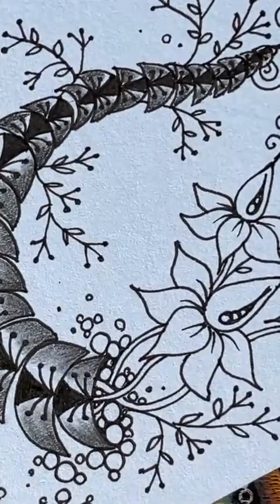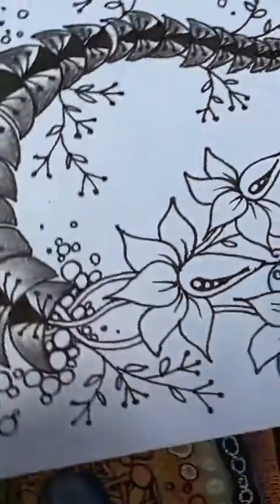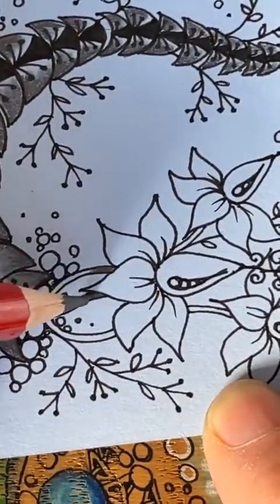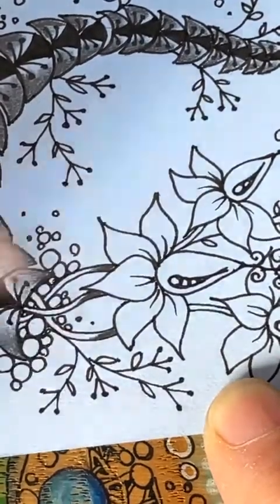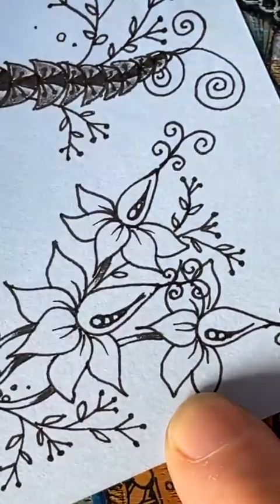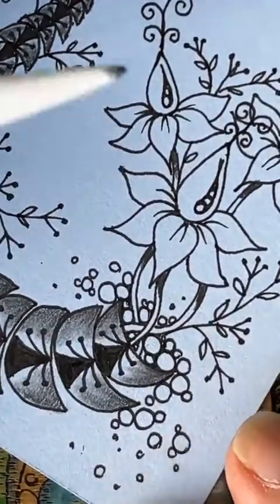And rulers. Okay, it's going to bring a bit of pencil in here. There we go. See? There we are. Just a little bit underneath. And of course, just make sure you...